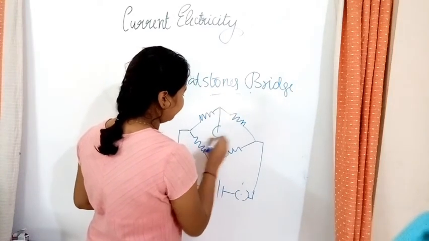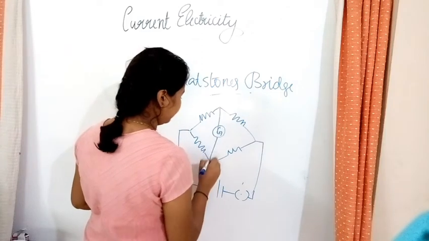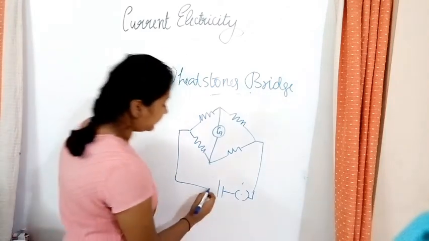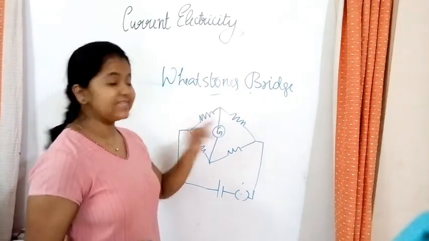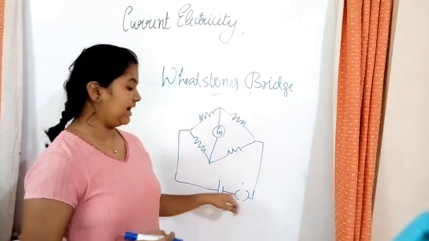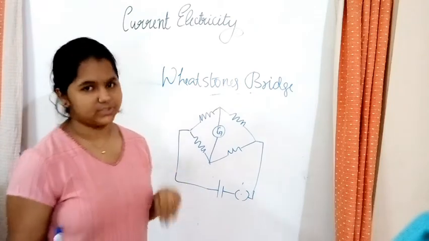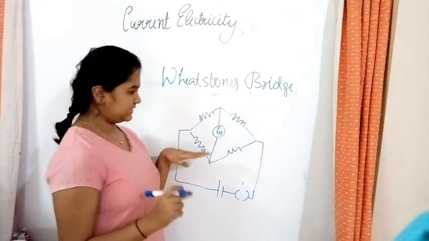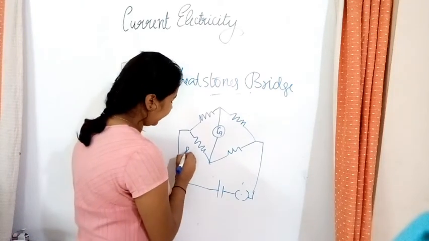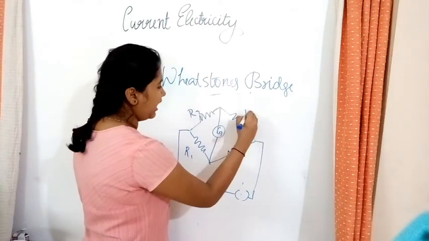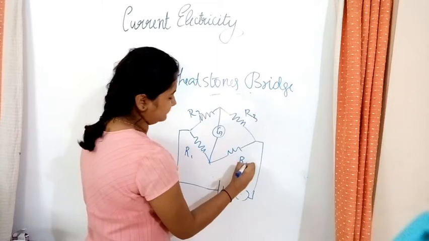And there's a galvanometer inside. Well, in the case of the electrolyte, in chemistry we didn't take a galvanometer here because we didn't have direct current. We had alternating current. I was just relating it. So let's see what it is. We'll take this as R1, R2, R3 and R4.